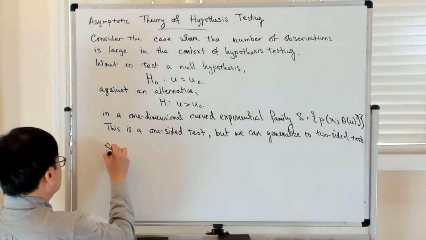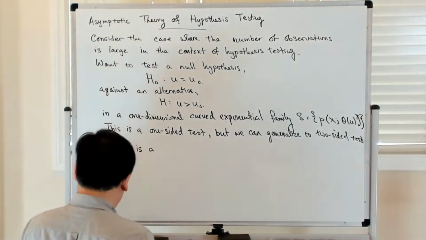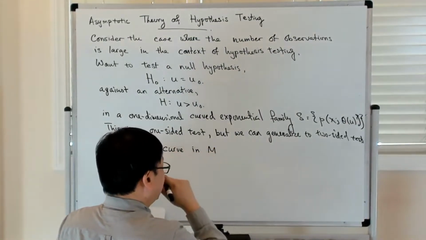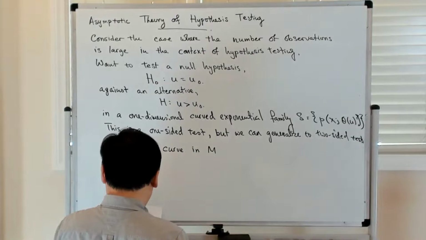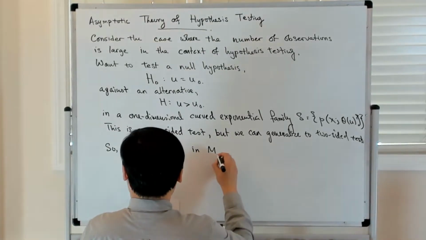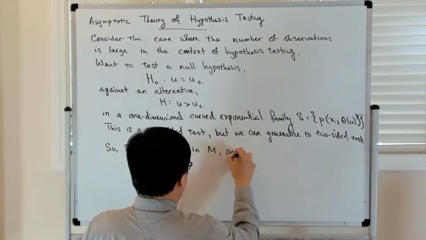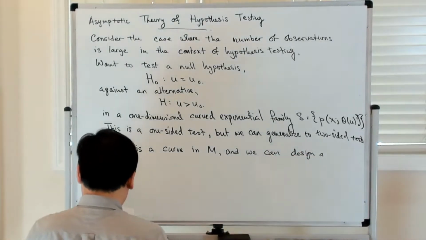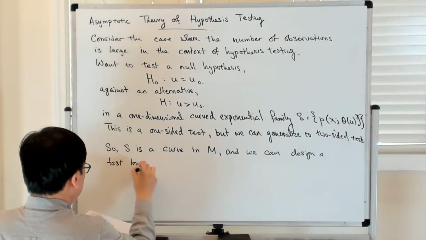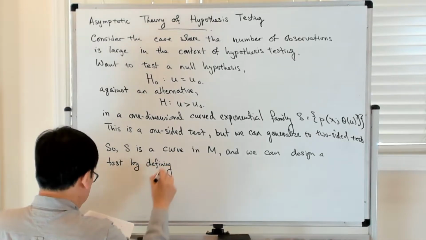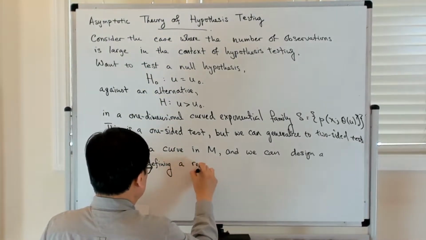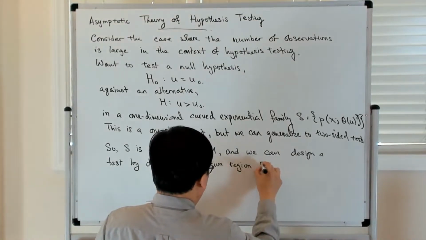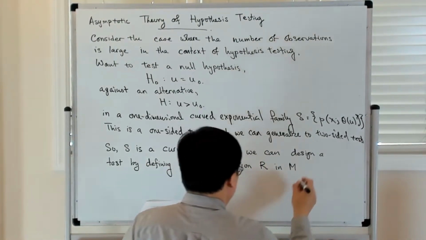S is a curve in some embedding manifold of exponential families, and we can design a test by basically defining a rejection region R in M, such that